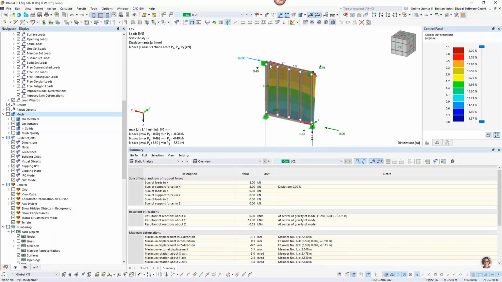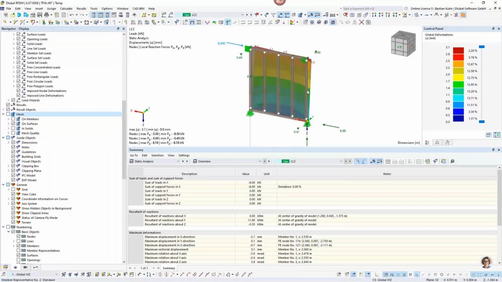This is the deformation that you would also calculate by hand with this simple formula. And now it's actually done. You have the stiffness correctly assigned, so that's all working. Of course, we did not design the timber frame wall. So how would you design the timber frame wall? Then I can also show you via our new, or it's not new, but in RFEM 6 it's new,